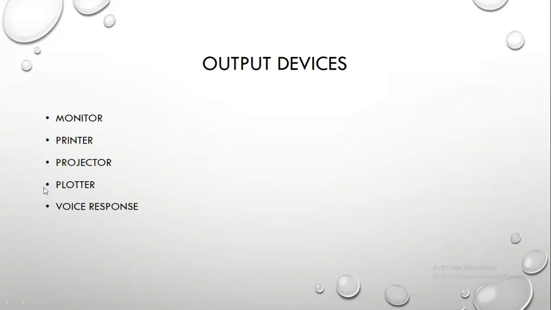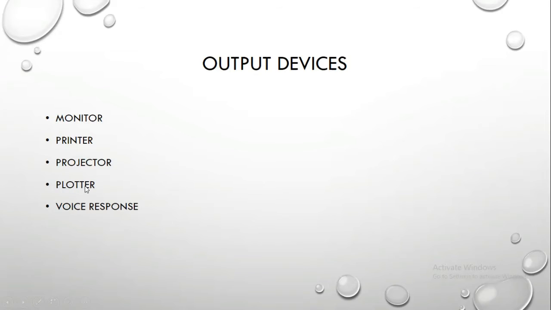There are common output devices like the monitor that we are using in laptops and desktops, then printers. There are multiple types of printers. We are going to discuss that in detail. Then the projector is there. We are using this to study digitally in our classroom. It is also used in a conference or a meeting wherein we want to project slides and videos on a screen.